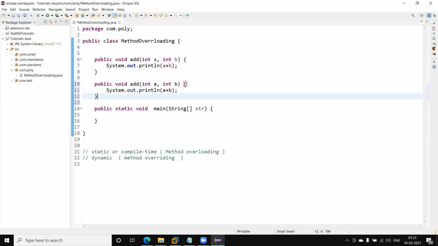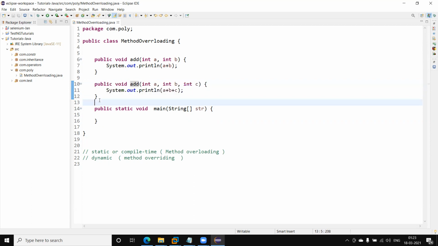Same method I am going to create, but this time I have a different number of arguments: integer a, b, and c, and here I am going to add all three. You can see the method name is the same, but the number of arguments is different. So this is known as method overloading.